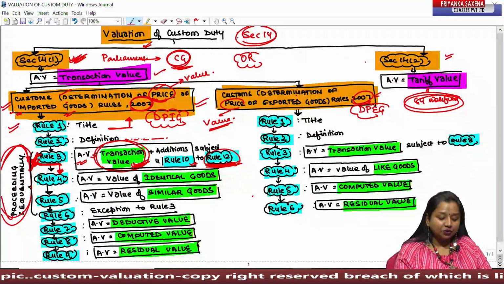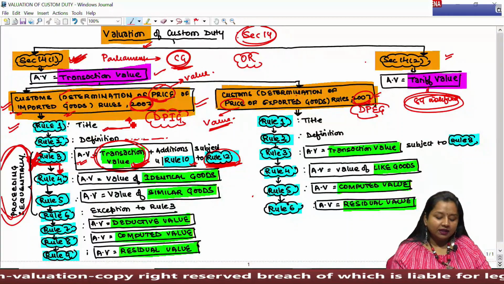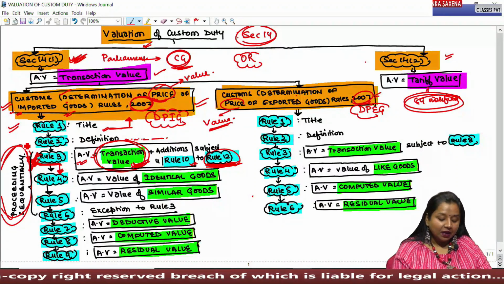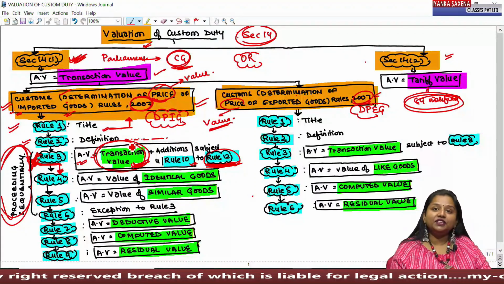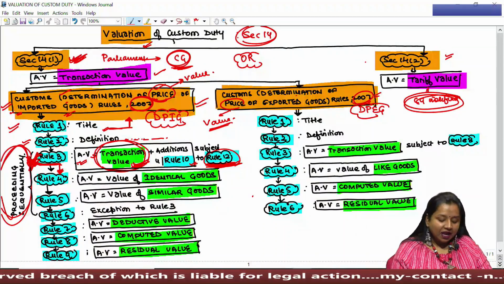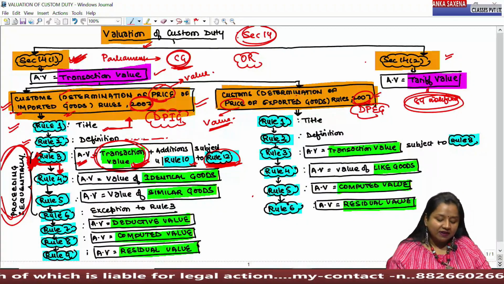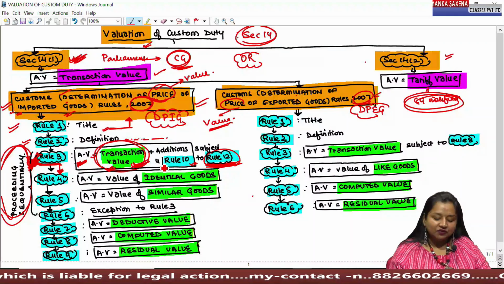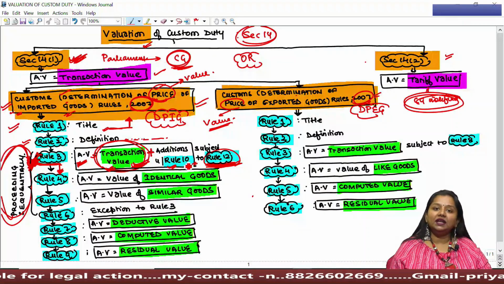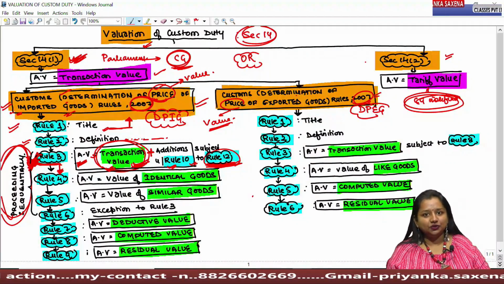Under DPIG rules, we had started in the previous session that under Rule 1, the title, the name, the heading of these rules has been given, whereas Rule 2 comprises the definitions of different terms being used under these rules. Further, under Rule 3, they concluded that assessable value shall be taken as the transaction value along with additions to be considered under Rule 10, which we had already covered under session 1 and session 2.